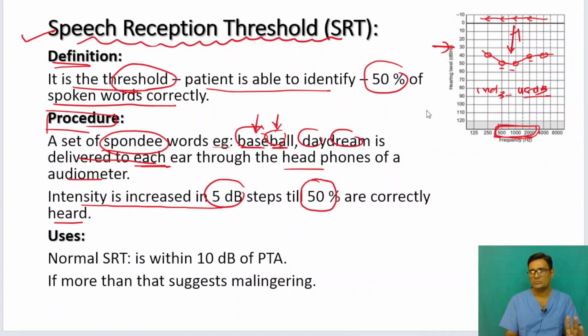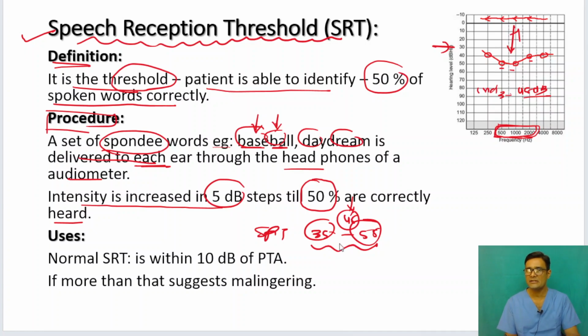Okay, so what is the SRT? SRT should be between 35 and 55. It should be within this range. 45 is the pure tone audiometry average. SRT should be within 10 decibels of the pure tone audiometry average. If it is beyond that, the patient is malingering, the patient is feigning, or the patient is lying that he is having deafness. So this is a way in which you can confirm, or have a suspicion, that the patient